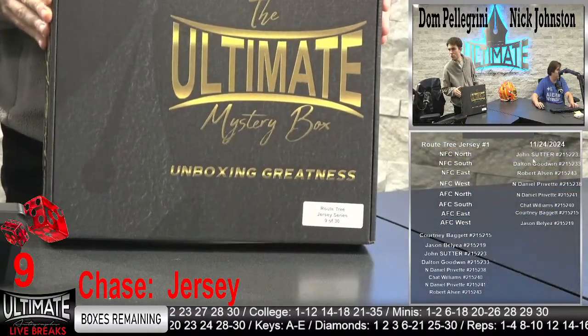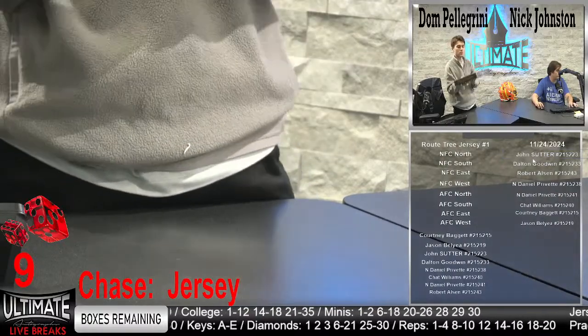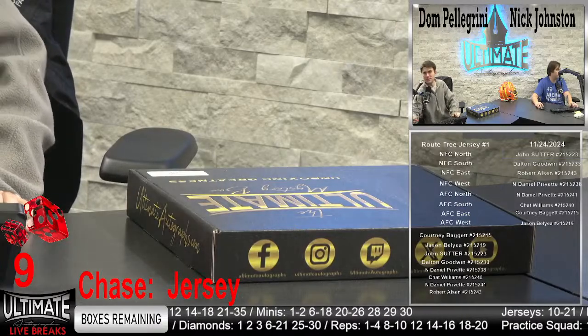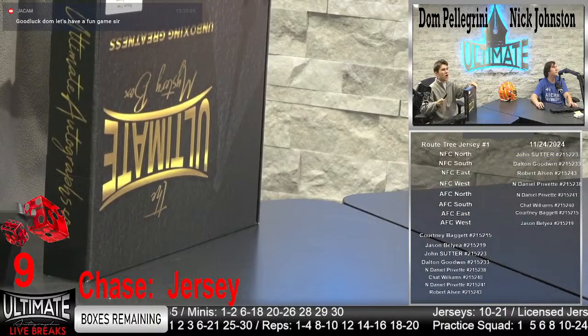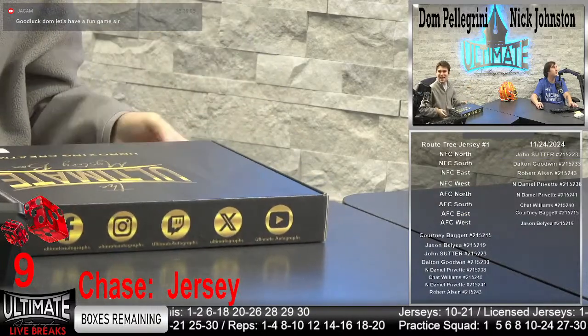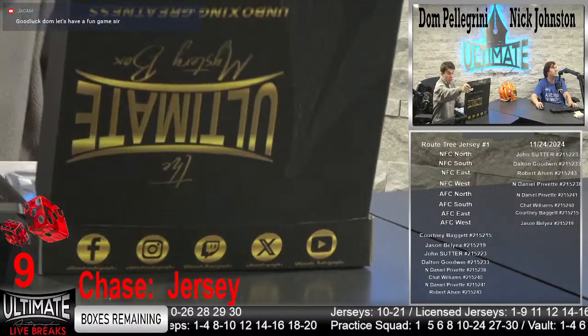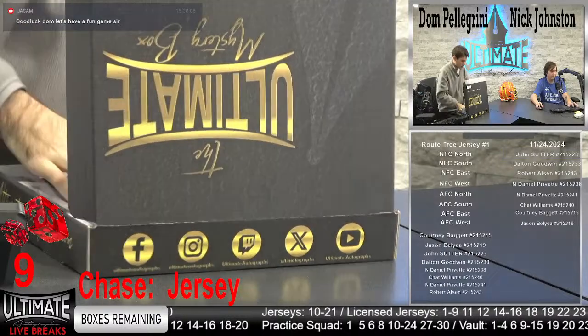Route tree jersey number 9. Wheel landing on 2. Closest to 2 is 9. So let's do it. Let it rip. Bob Greasy, Michael Irvin, Sauce Gardner, Fletcher Cox, Chad Johnson. Good luck, John. Hopefully it's a good game. I do need Deebo Samuel to score, so maybe if Deebo does score, I won't be too mad about it. How about